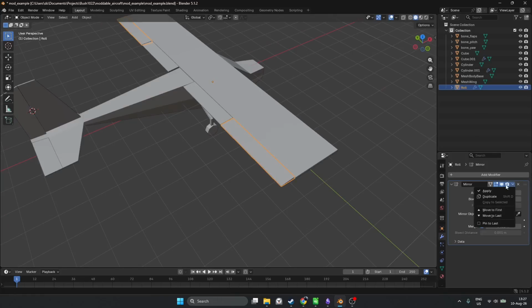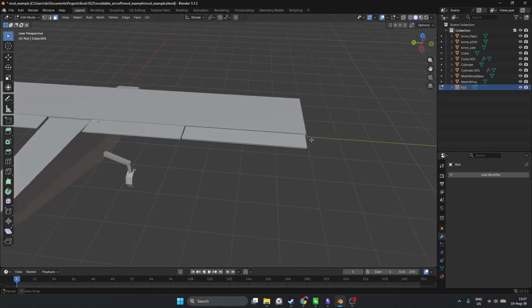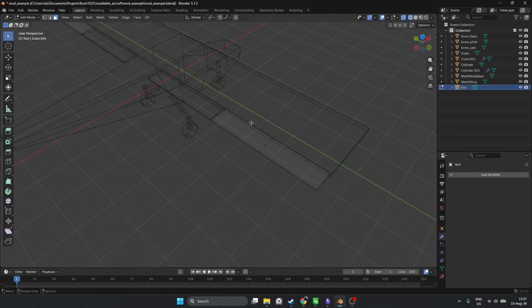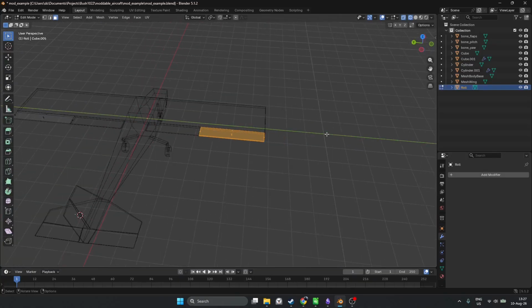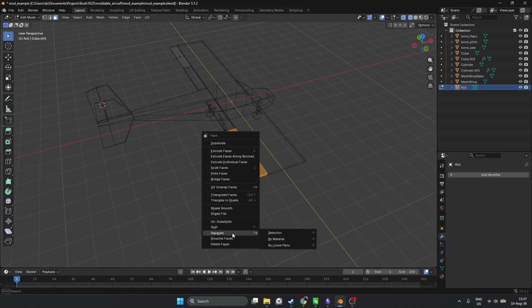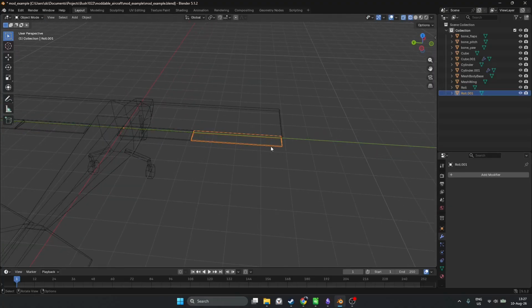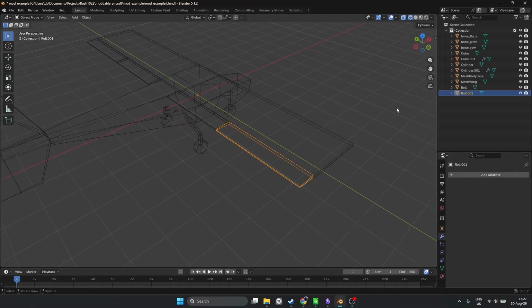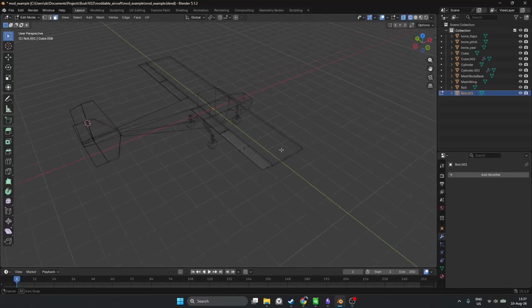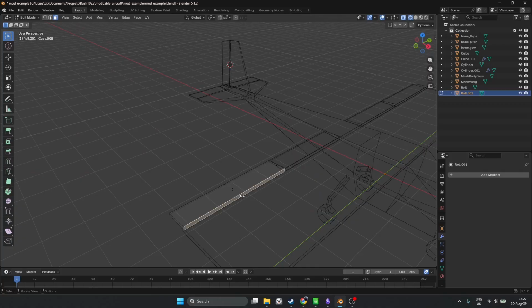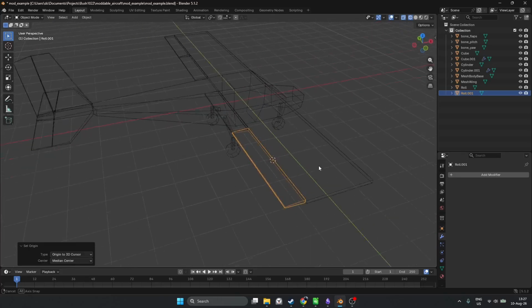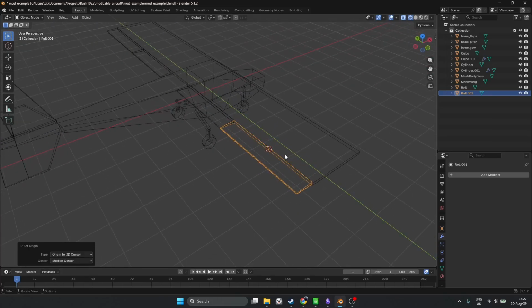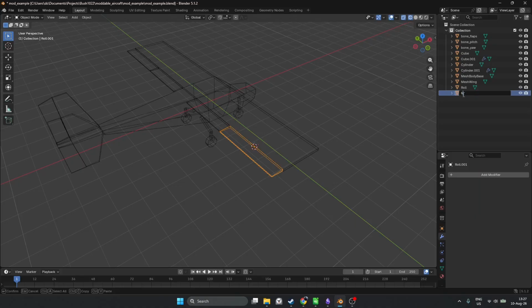So first I will apply the mirror modifier again. But now I'm going to go into the wireframe view. I'm going to select one side and I'm going to separate it. And now that I have the two separate selections, I can just select one of them, do the same exercise with the cursor, again setting the origin to the 3D cursor. And this one is ready, so I'm just going to name it